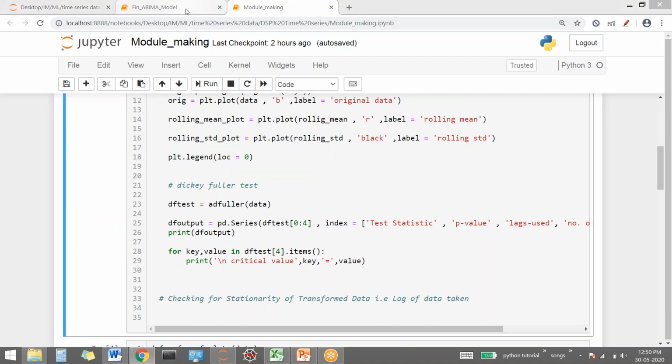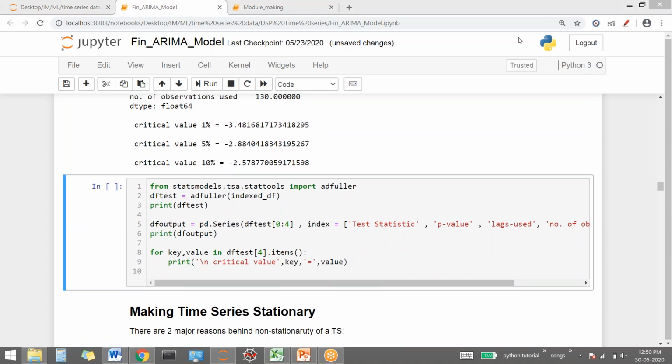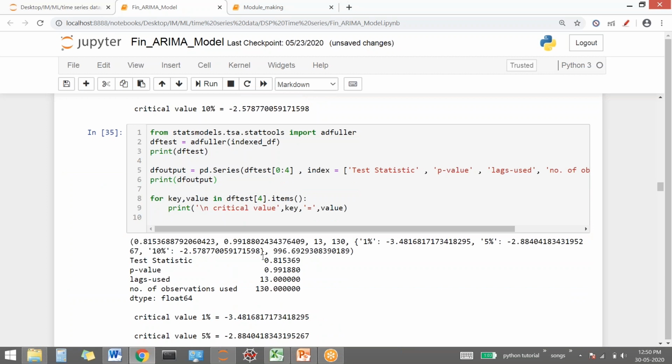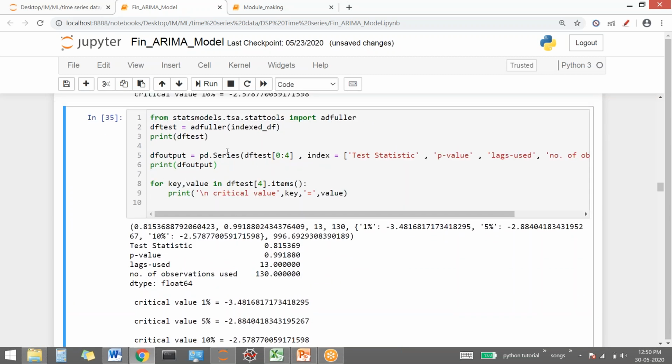You should not get this error. Okay, let me see. Edit filler test statistics, p-value, number of observations. So when I'm running it, I'm getting the result. Maybe you did not run some data above. Maybe this is the reason. See, I'm running it a number of times and I'm able to see the result.